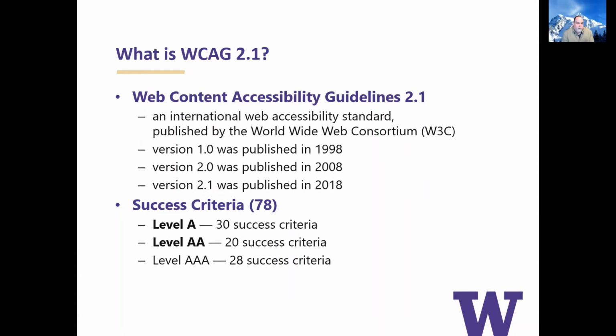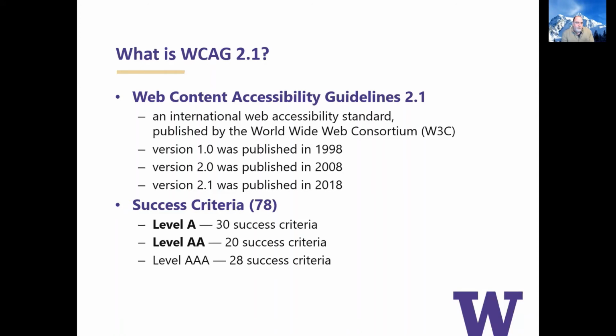So a lot of the work that we do is based on the World Wide Web Consortium's standards. The W3C actually has all the standards for everything that we do online, has the standards for HTML, also has what we call WCAG, or the Web Content Accessibility Guidelines. We're currently on version 2.1, and that is the basis for a lot of the accessibility policy that is currently out. Again, this has been around for a long, long time. A lot of folks don't know very much about it, but it does go back to the very early days of the web, going back to 1998.